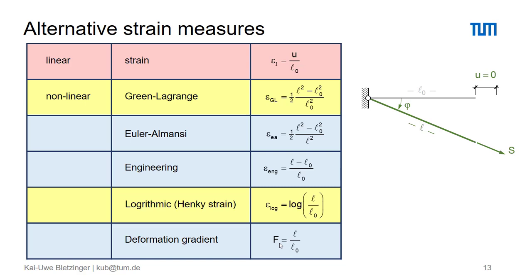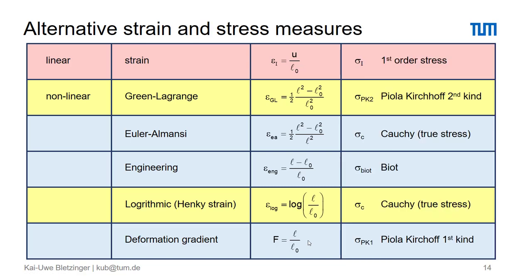In the sequel, we will now concentrate on these two alternatives, the Green-Lagrange strain and the logarithmic one. And we will see in a second why we do that. As there are strains, there are also stresses. Think of Hooke's law, sigma equal to elastic modulus times the strain. And as quite obviously we have now several alternative strains, then there are of course also related alternative stress values.